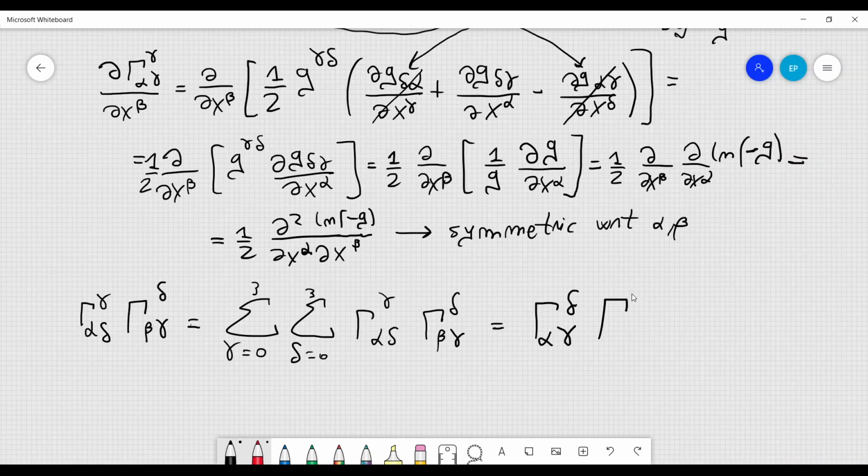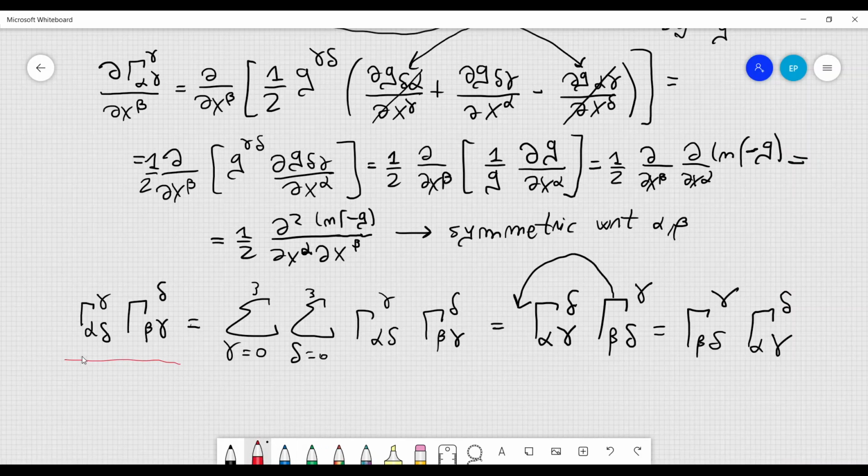And then here I will have gamma of, instead of delta, gamma, beta, and instead of gamma here, I have delta. But this is a product, so I can put this gamma before this other gamma, so I can rewrite it as gamma of gamma beta delta times gamma delta alpha gamma. And now if you compare these two expressions, you can see that they are equal, but you can simply obtain, for example, this one